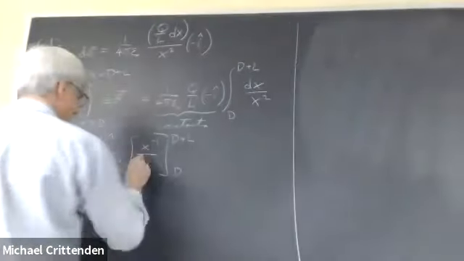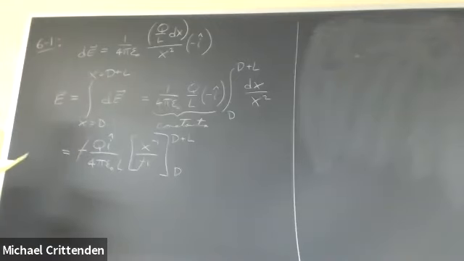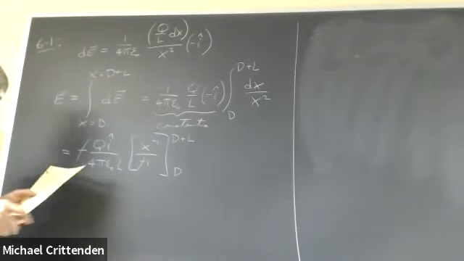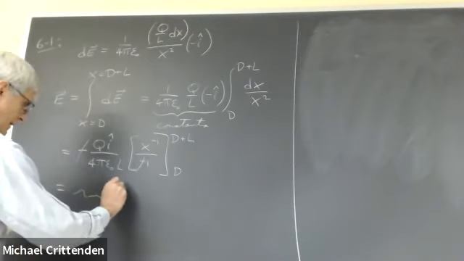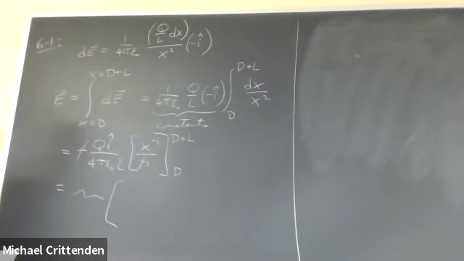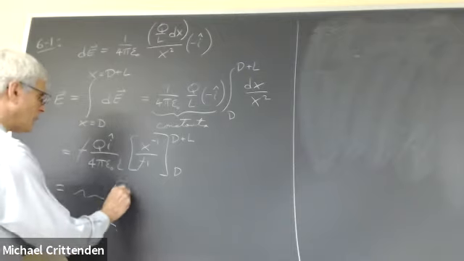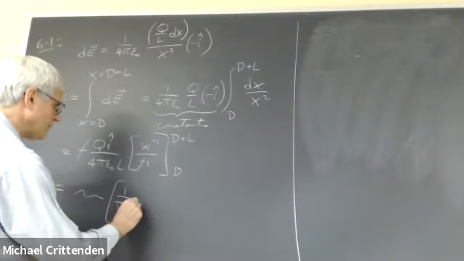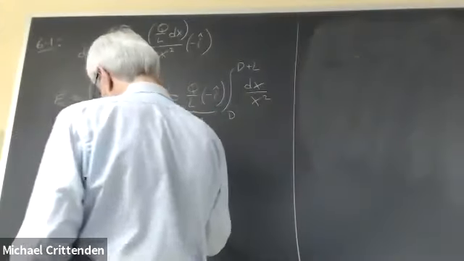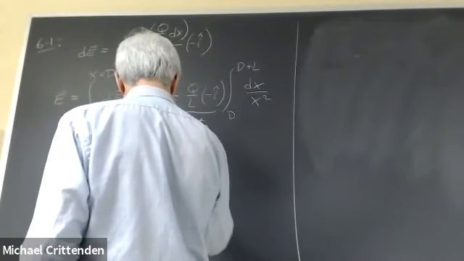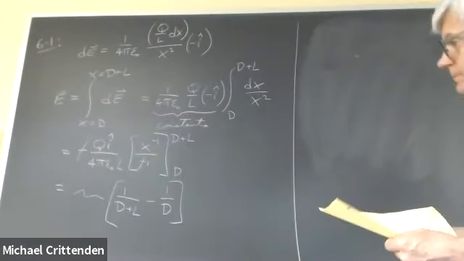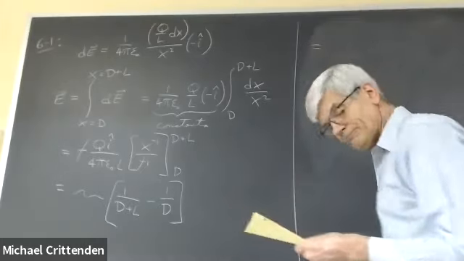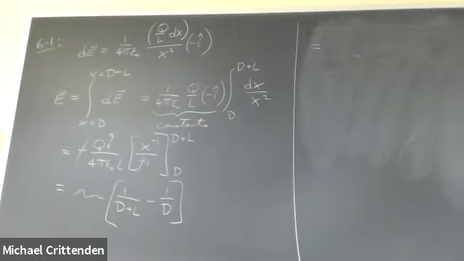Let's see, this minus sign gets canceled by that minus sign. And we have, I don't feel like writing all of that again. The squiggle stands for all of that. The important thing is we've got 1 over d plus L minus 1 over d. Evaluate at the upper and lower limits of integration. And I suppose you could call that the answer, but